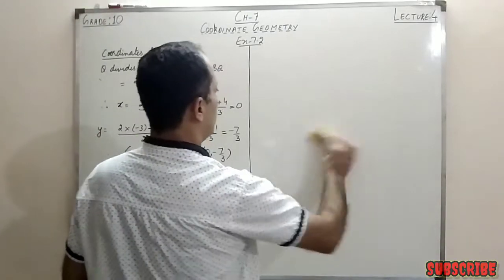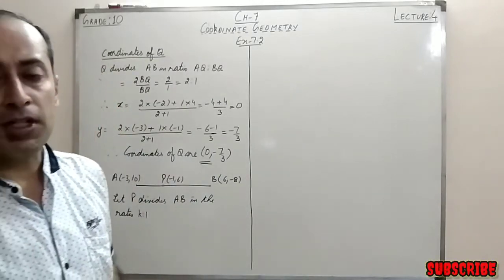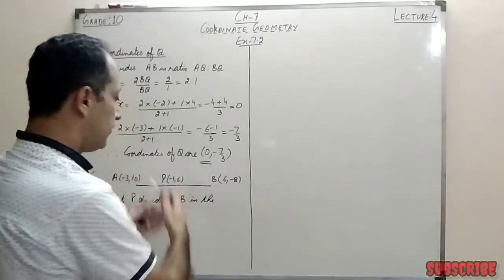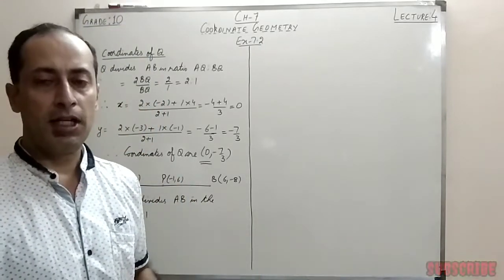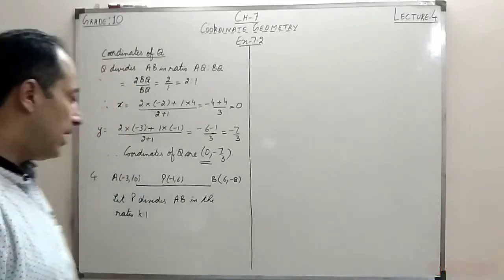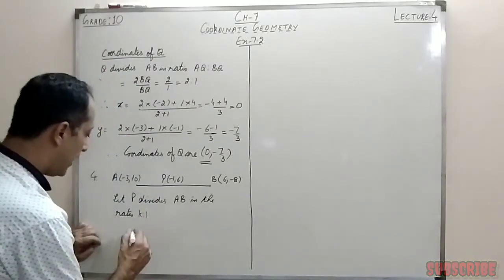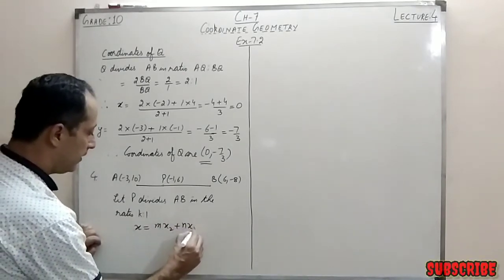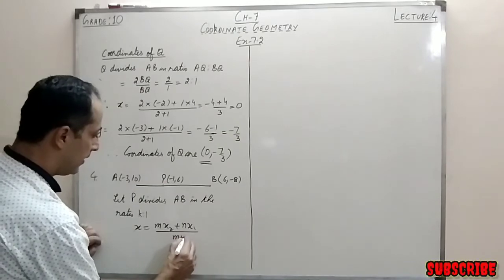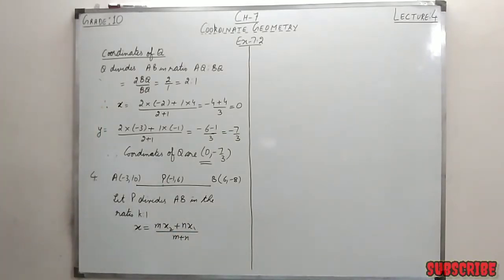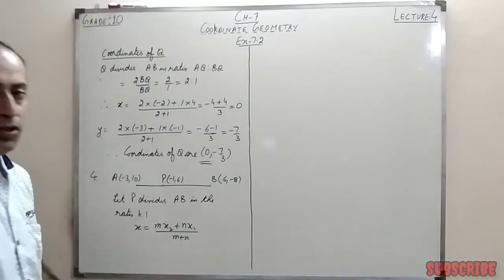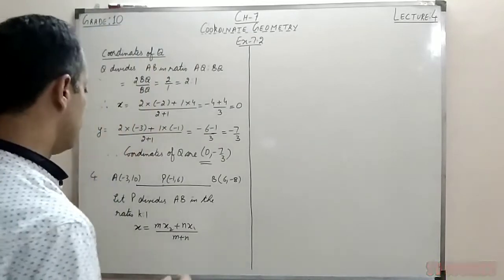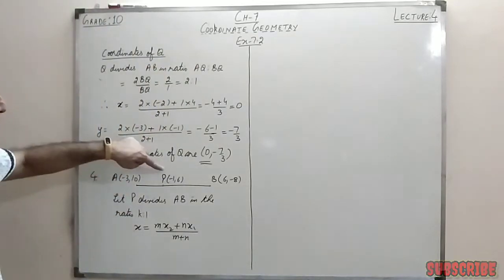So let's proceed now. Since we have to find the ratio, you can either take the relation to find the x coordinate or the y coordinate. It's your choice. In both cases, we'll get the same answer, right? So I will take the x. So we have the relation x is equal to mx2 plus nx1 upon m plus n, right? So we substitute the values. Now here, if we compare with the ratio, we can take m as k and n as 1. So now what is x? X is basically the x coordinate of P.